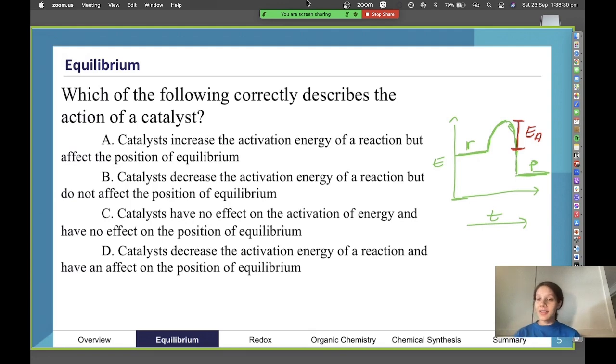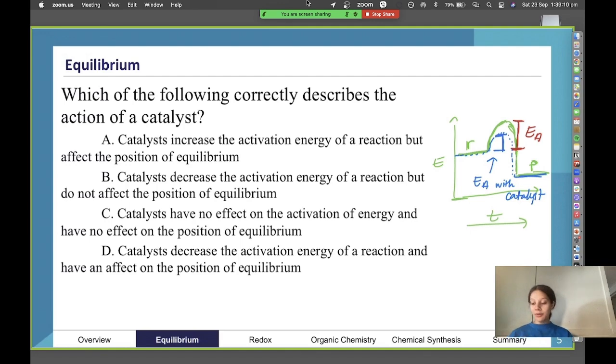So what a catalyst does is that the level of energy in the reactants and the products stays the same, but now instead there is less energy needed to get over that activation energy and then finish the reaction. So if we want to sketch over the top of that, for example, with a catalyst, it might look something like that, where now our activation energy is much, much smaller with catalyst. Okay, that's my little sketch there. So that's what a catalyst does.